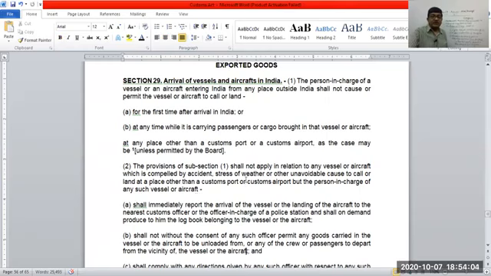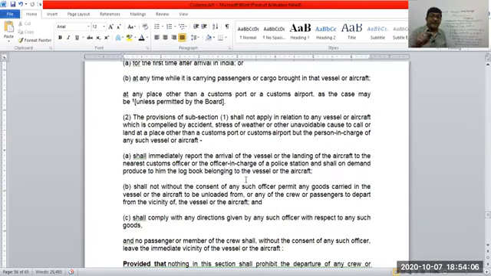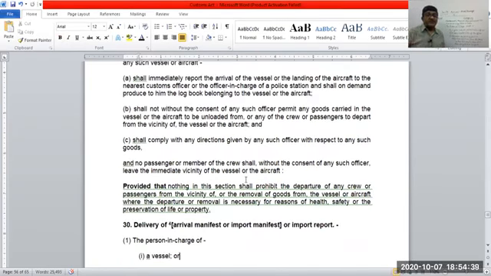This is subsection 1 shall not apply in relation to vessel or aircraft which is compelled by accident, stress of the weather or any unavoidable cause of the call or land at any place other than custom port, custom airport, but the person in charge of the vessel or aircraft shall immediately report the arrival of the vessel or aircraft or landing of the aircraft to the nearest custom officer or officer in charge of the police station, and shall on demand produce to him the logbook belonging to the vessel or aircraft, shall not without the consent of such officer permit any goods carried in the vessel or aircraft to unload or any of the crew or passenger to depart from the vicinity, shall comply with the directions given, and no passenger member, the crew member, without the consent